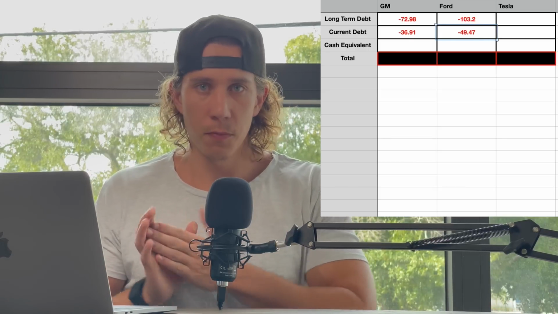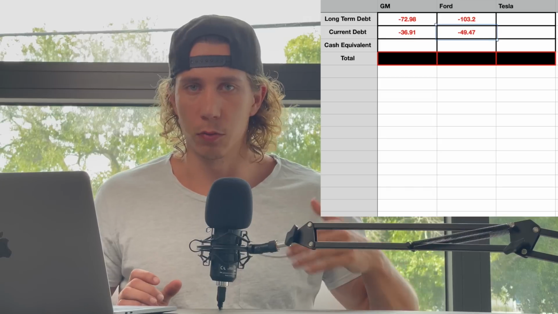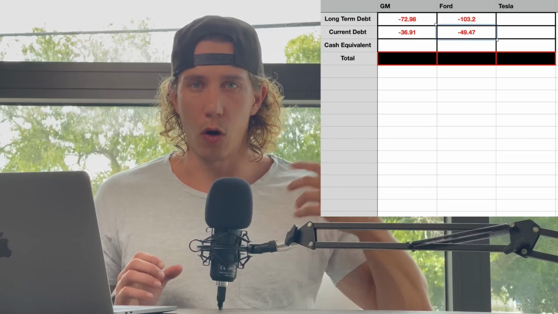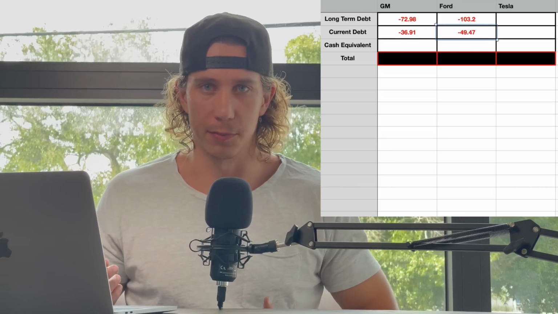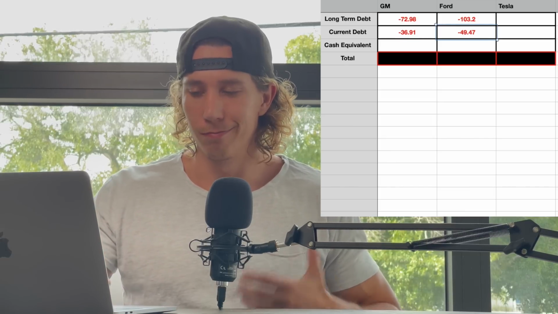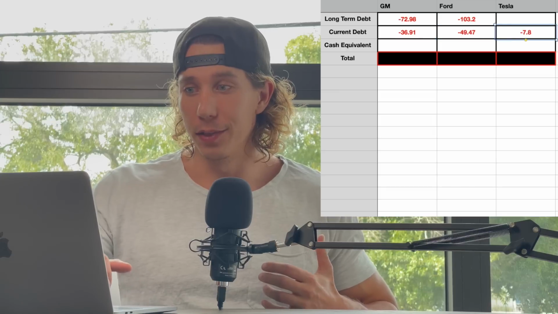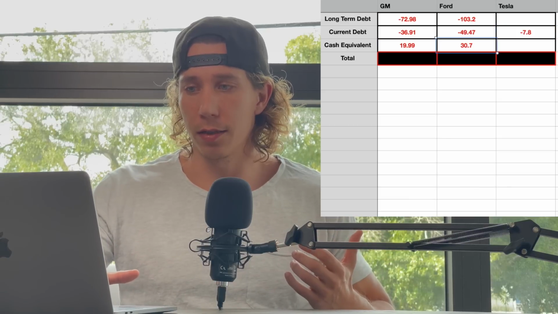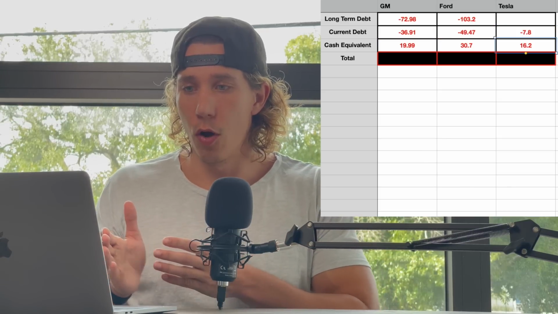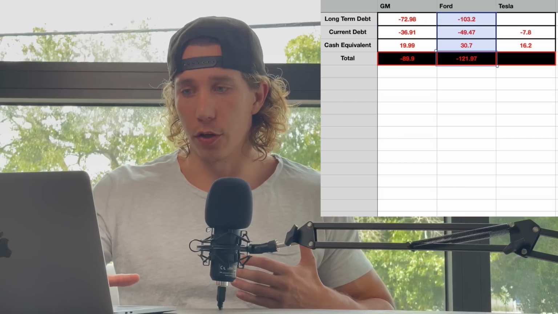So with Tesla, based on their recent Q2 earnings, we're just looking at their whole debt all together, all aggregated. I didn't break it out into current or long-term debt. It just didn't seem necessary. And the main reason is because they only have $7.8 billion in debt. So if we just do a quick aggregation of all of these, along with their current cash,